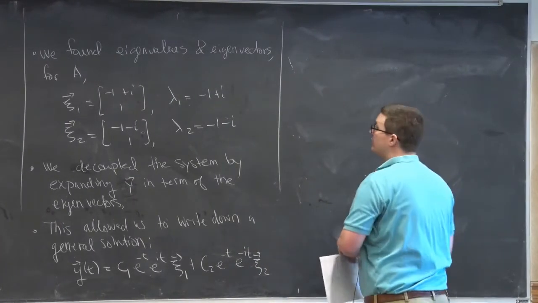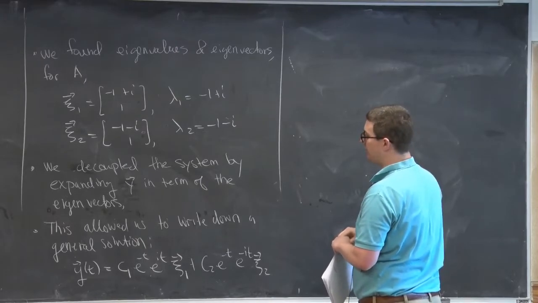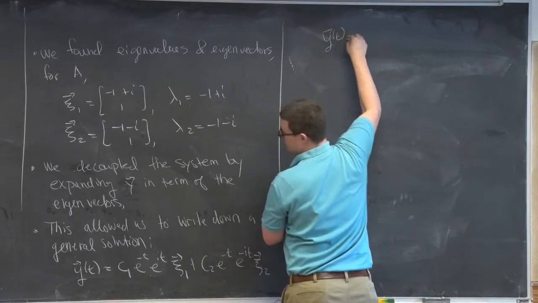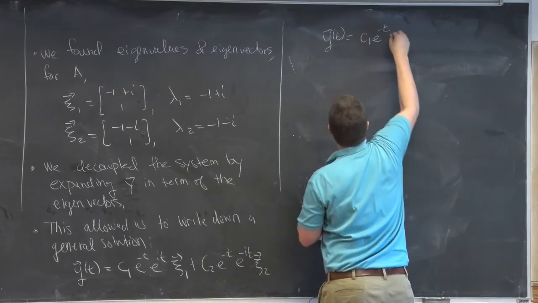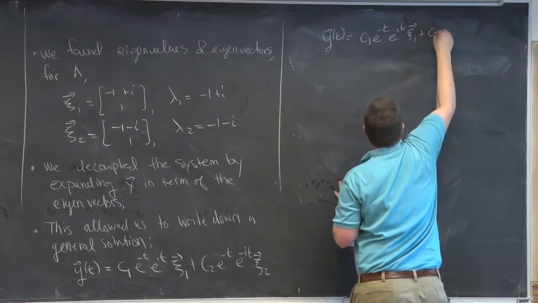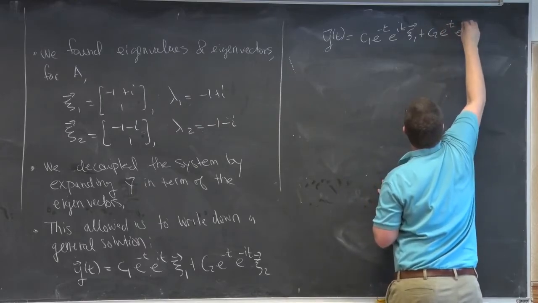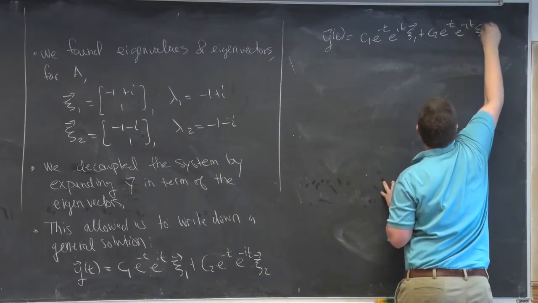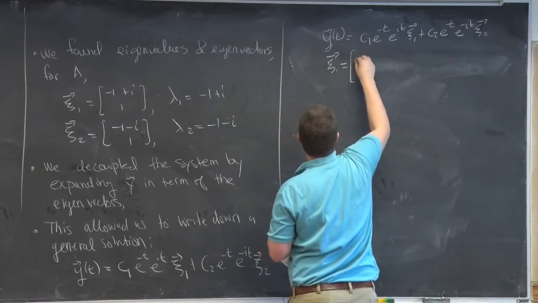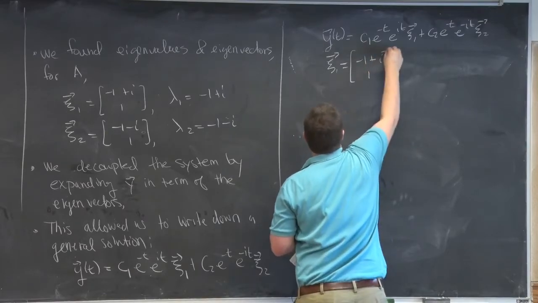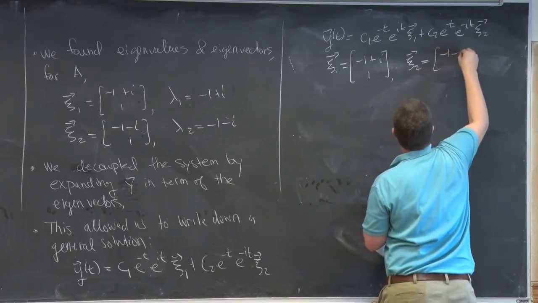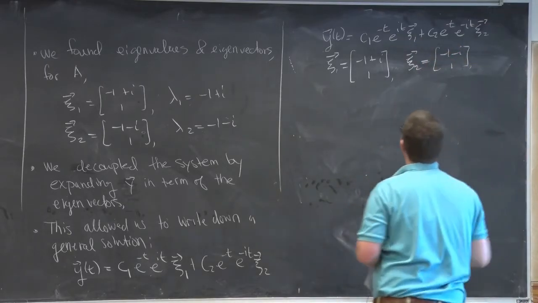So let's write down what y is. y of t is equal to C1 e to the minus t e to the it times the first vector, plus C2 e to the minus t e to the minus it times the second vector. This thing here is this vector. And then C1